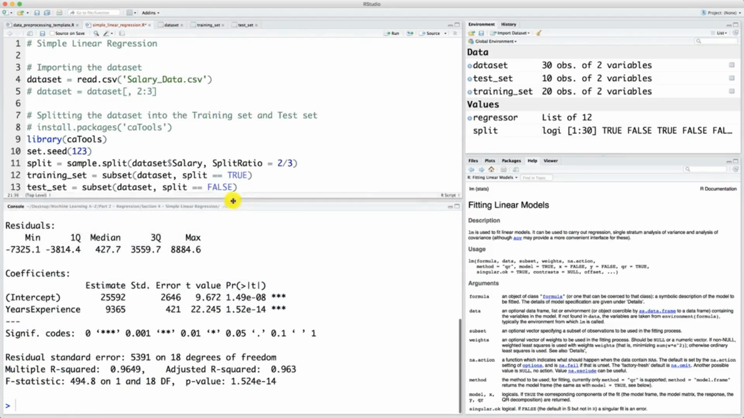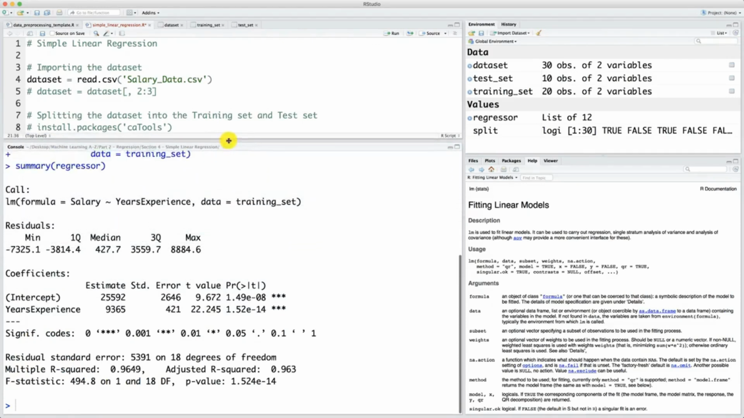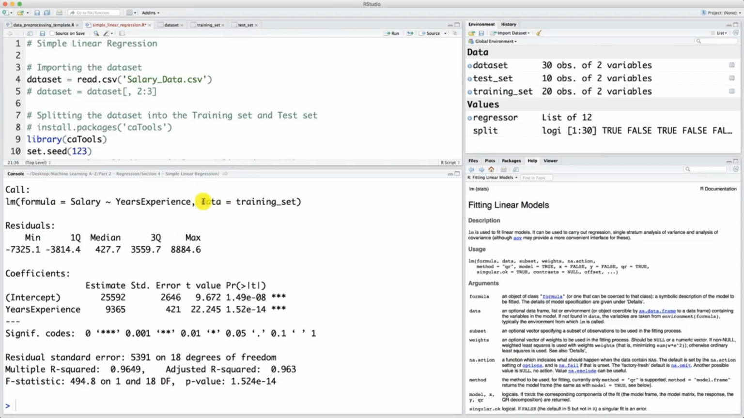For example, okay, so let's see. Let's just put that up. Right. So first it tells you what the formula is. Okay, so it's the salary being proportional to the number of years of experience, and that the model is built on the training set. Then you have some info about the residuals. We won't be talking about this now, but the really important section is this one, coefficients, because not only it tells the value of your coefficients in the simple linear regression equation, but also it tells you the statistical significance